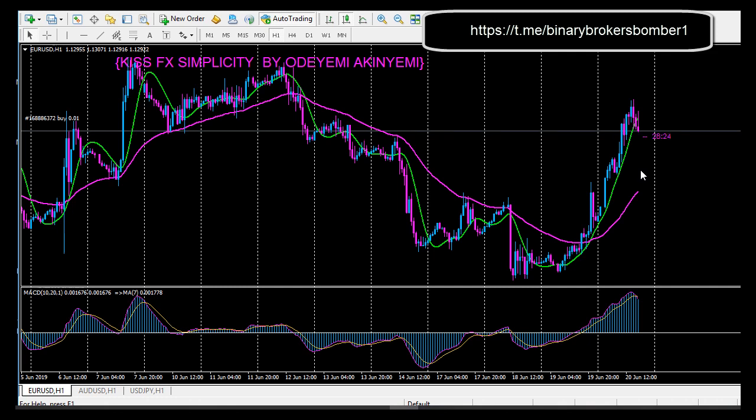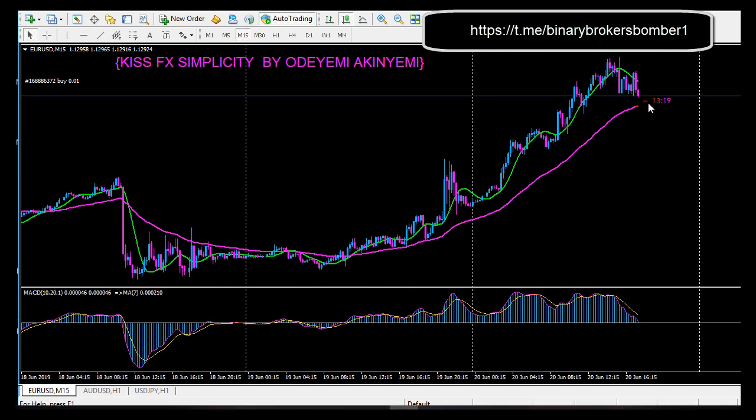But for how long will this sell be? Let's look at the 15 minutes time frame. A typical example of a sell. Look at the crossover. The MACD has been above zero for long from here. It has been rallying around, it went up, up, up. But now it takes a turn. The MACD is coming down to touch this